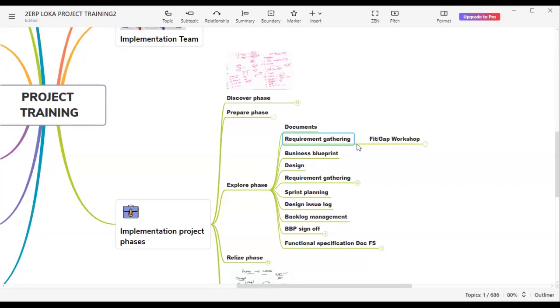So what type of requirements? First thing what we are going to discuss here is the fit and gap analysis or the fit and gap workshop. Whenever I say workshop, that is not the process building or not the solution building. The workshop is just to understand how the business is working, to understand what is as-is. Wherever you see the word workshop, that means not building any solution. We are just going to start discussing with the business. So you need to understand how to discuss with business.